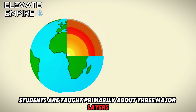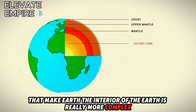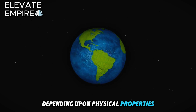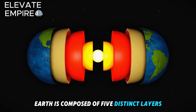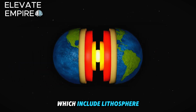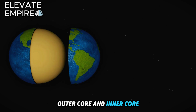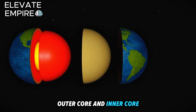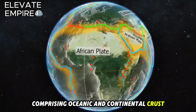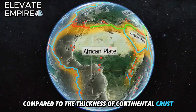Although in school students are taught primarily about three major layers that make Earth, the interior of the Earth is really more complex. Depending upon physical properties, Earth is composed of 5 distinct layers, which include lithosphere, asthenosphere, mesospheric mantle, outer core, and inner core. The lithosphere is Earth's outermost layer comprising oceanic and continental crusts, the oceanic being thinner compared to the thickness of